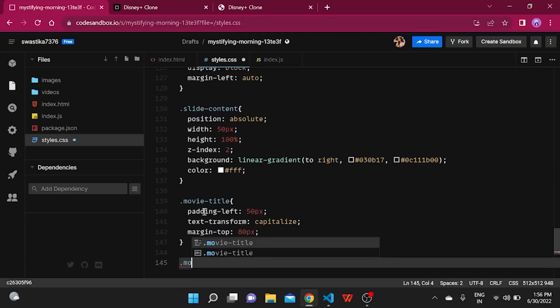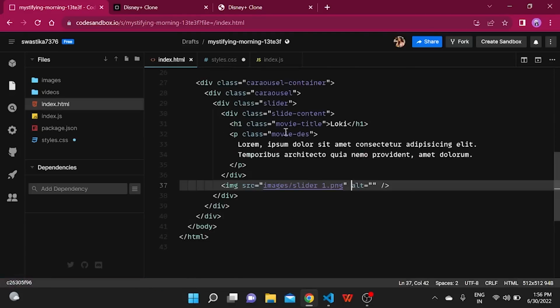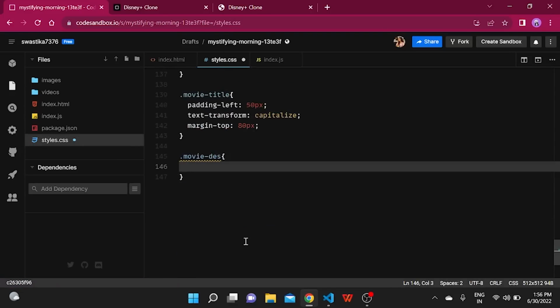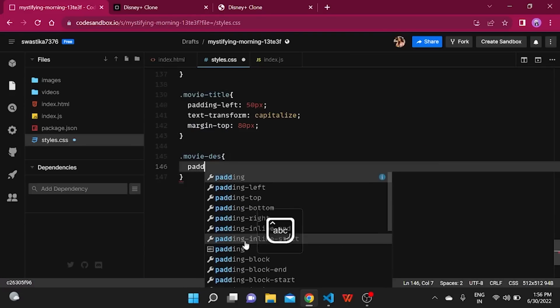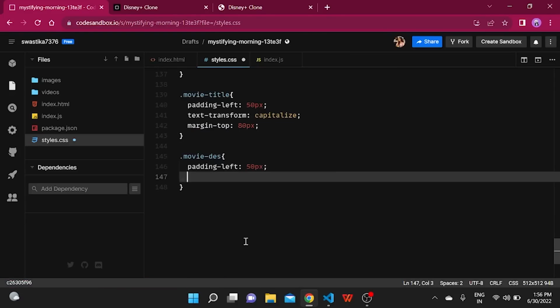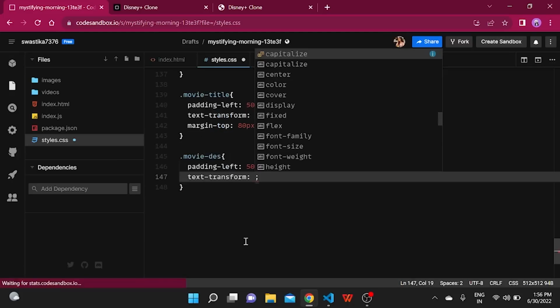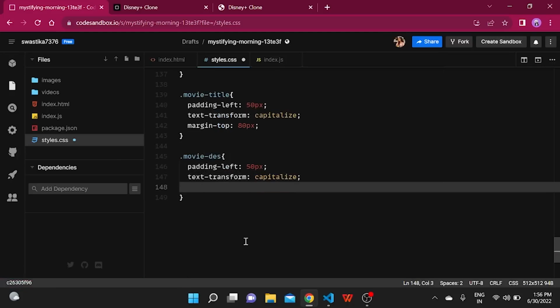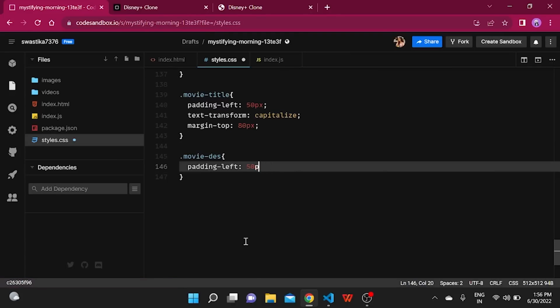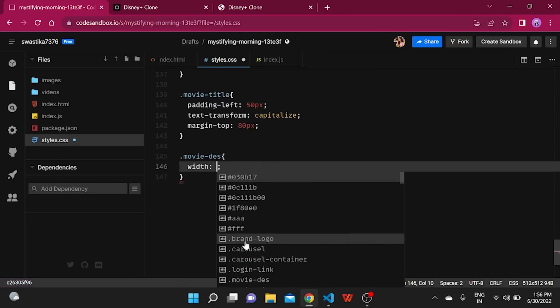After this, let's move on to the description of the movie. So the class, I think, was movie des, and yes, in this, let's give some basic padding. In the left as 3 pixels, the text transform as capitalize, and okay, I'm sorry, I did the same for the movie title. It's not in the movie description. We have to do it differently. So the width here will be 80%,